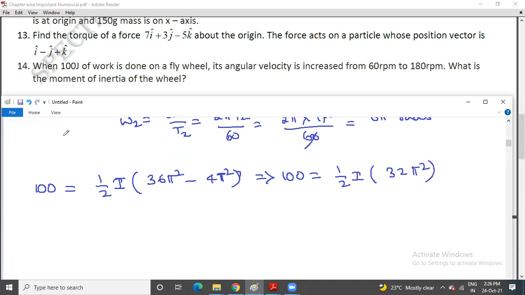So pi square is roughly 10. So you can cancel this and this, 110 you can cancel. This will be 20 by 32 will come down, is equal to I. Now 4 5s are 4 8s, so you'll get I as roughly 8 6 are 48. So if you put the point, 8 6 are 48, 2 will be left, 8 2, the 16 and 5. So kg meter square. So this is the answer. Don't forget to write the units.